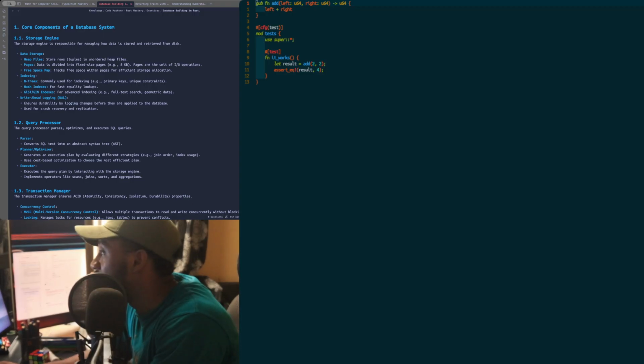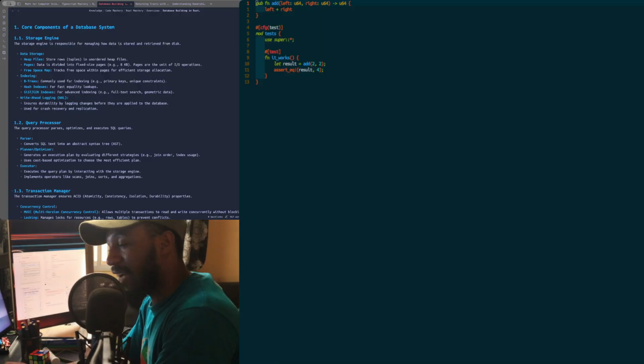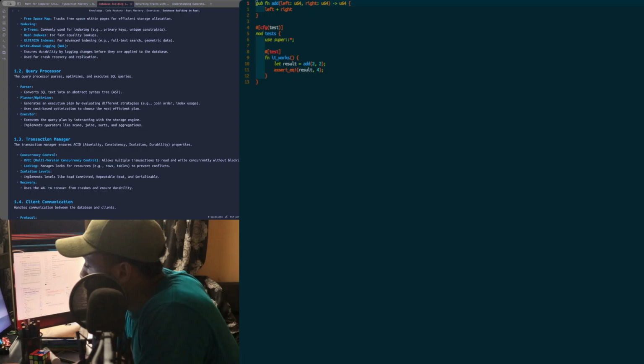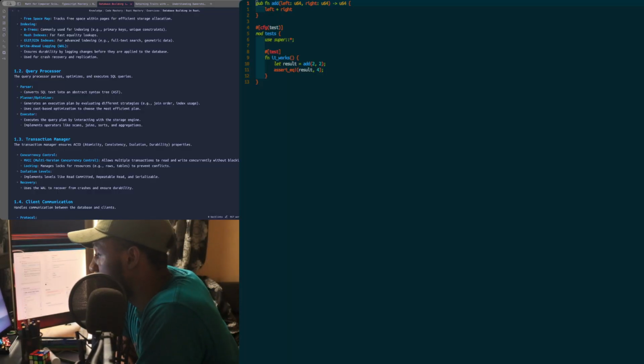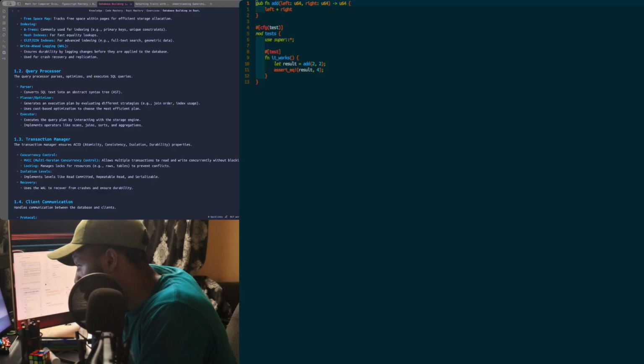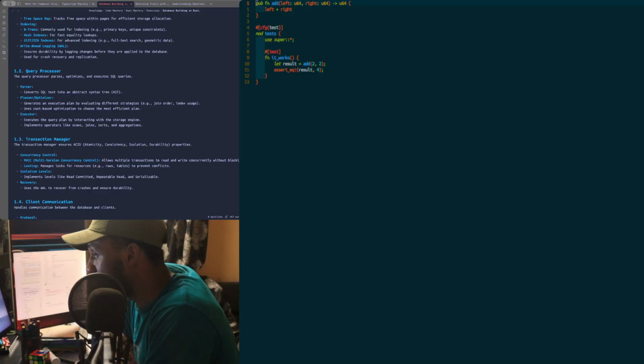I have, and surprisingly, I didn't finish it when I was in school. Well, I will do it again. I actually understand the basics, but yeah, I have to brush up generally. So I have to write a parser, which converts SQL text to an abstract syntax tree. Then the planner/optimizer generates an execution plan by evaluating different strategies, right? E.g., the join order and the index usage. Then it uses cost-based optimization to choose the most efficient plan. And then the executor executes the query plan by interacting with the storage engine, implementing operations like scan, join, sort,